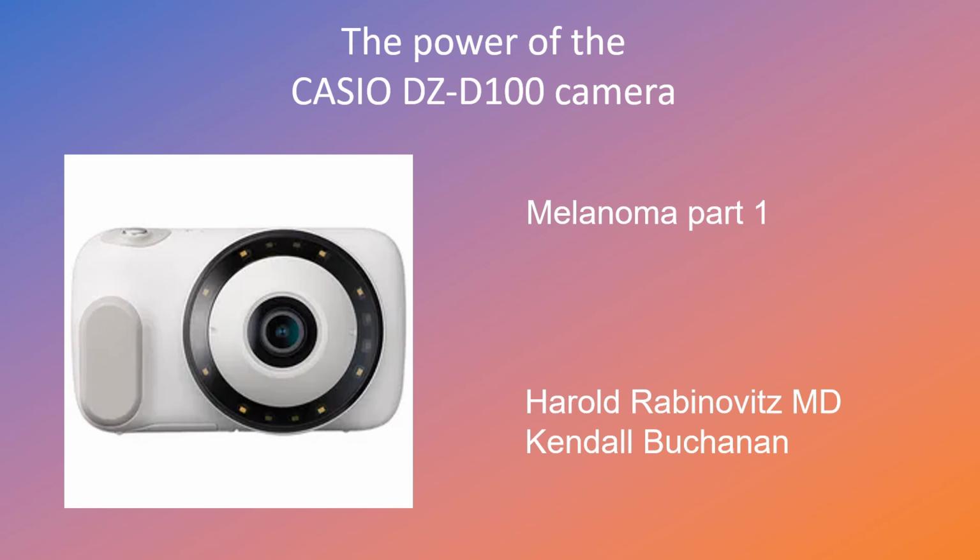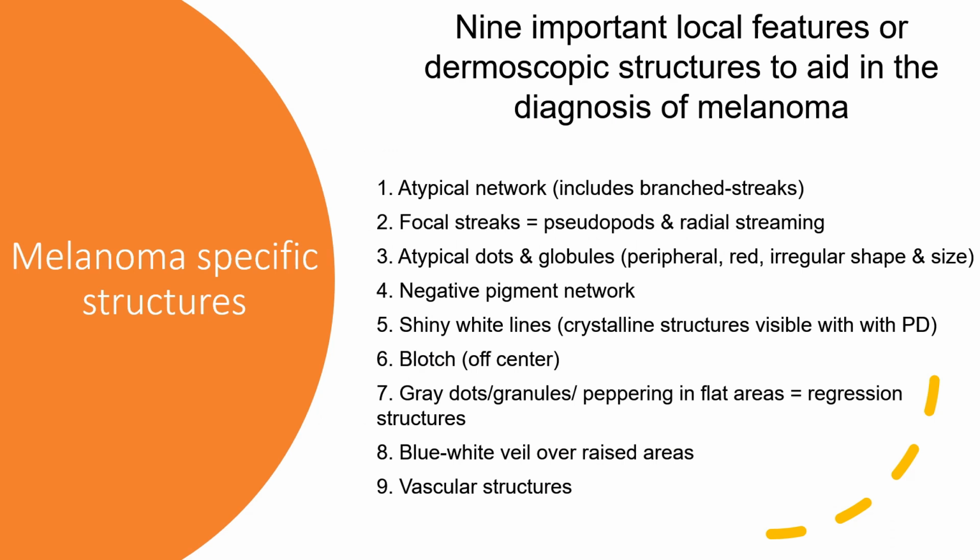So this begins the sessions on melanoma. There are 10 important local features or dermoscopic structures to aid in the diagnosis of melanoma. These include an atypical network, focal streaks, which includes both pseudopods and radial streaming,